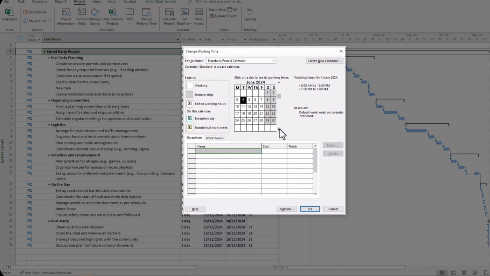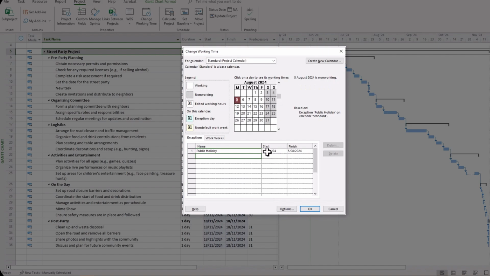For example, we might have a public holiday on the 5th of August, Monday the 5th of August, so we can simply name it holiday, click away.